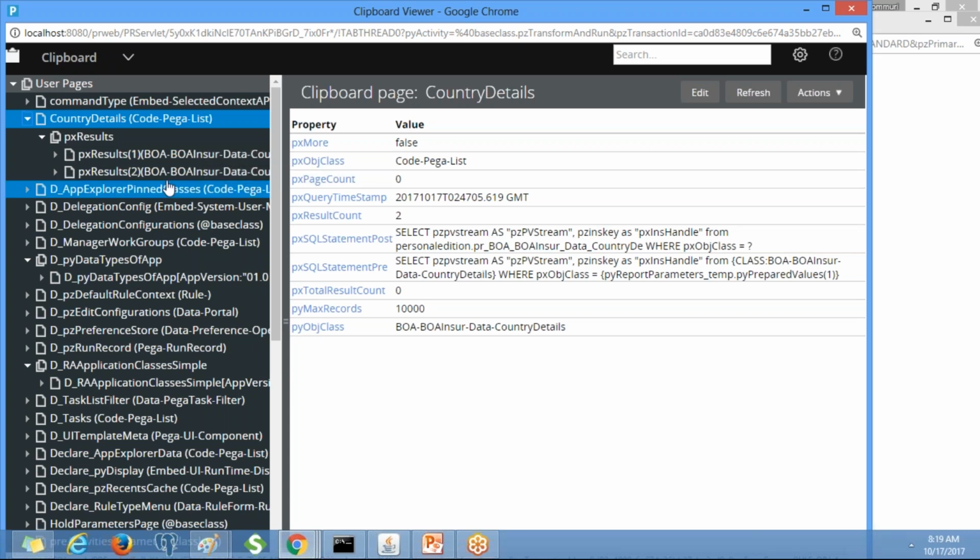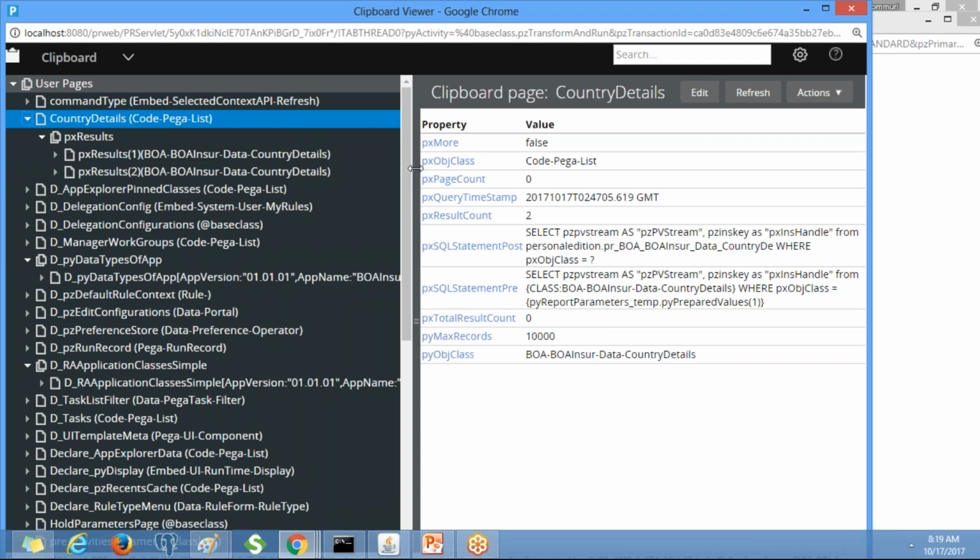These records, px results of 1, px results of 2, are created by referring to which class? Data class, because you have the data under the data class. It is very important.